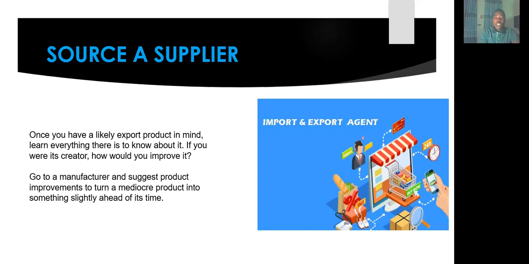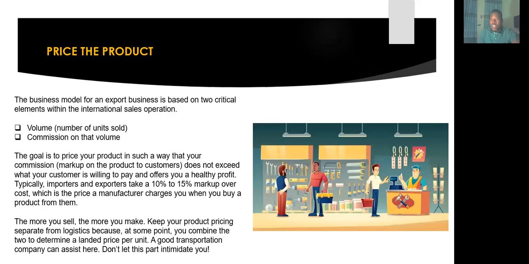Once you have done this, the next thing you have to do is to price the product. So since you have found a supplier, what do you do next? You price the product so you can match what you can give to the buyer, and also make profit. The essence of the trade, of all the headache you are passing through, all the expenses you are making, is just for you to transact and make good profit. When you can transact and make good profit, you understand that it's quite easy, and you can now do steady